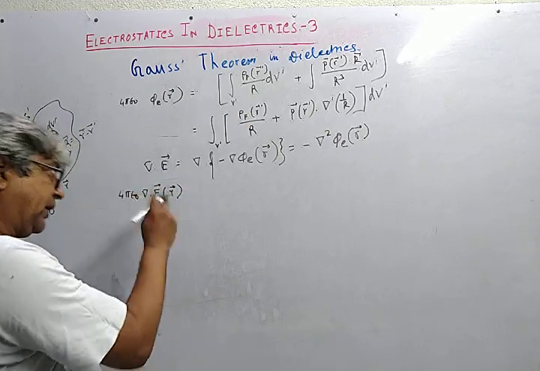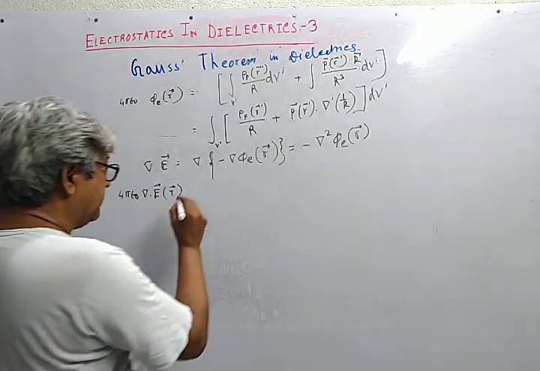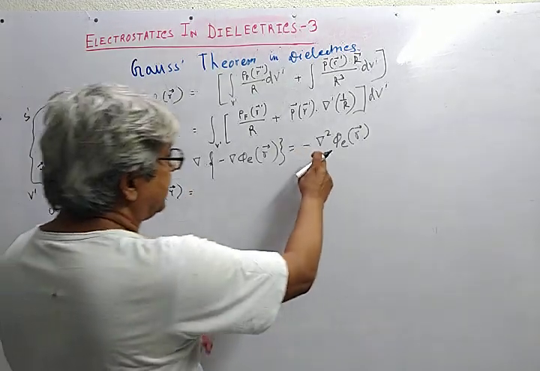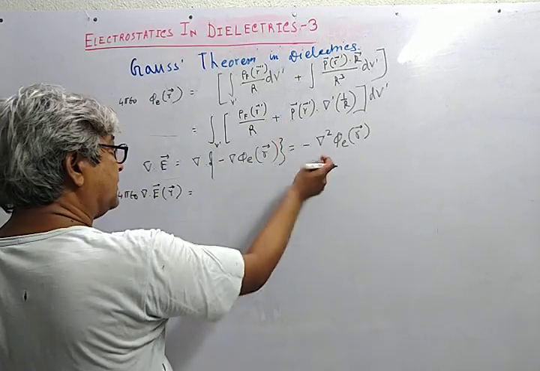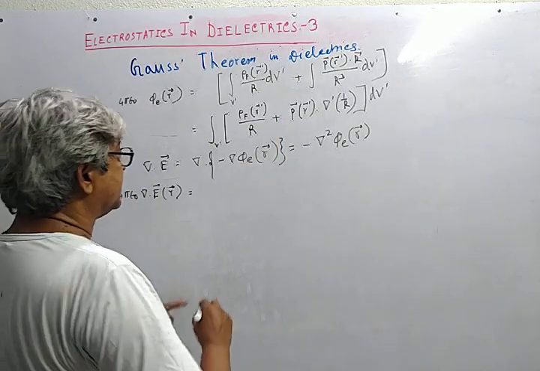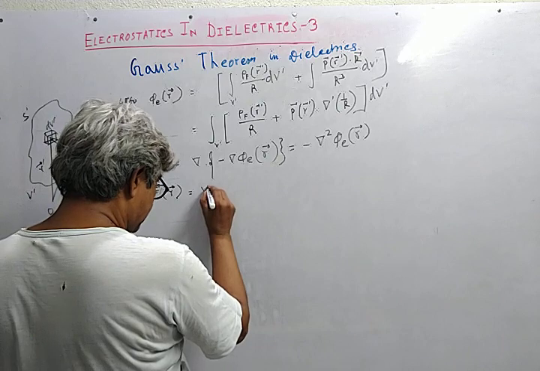Again, we specifically write the argument, the nabla operating on this, and I'll also take the minus sign this side. So it is simply